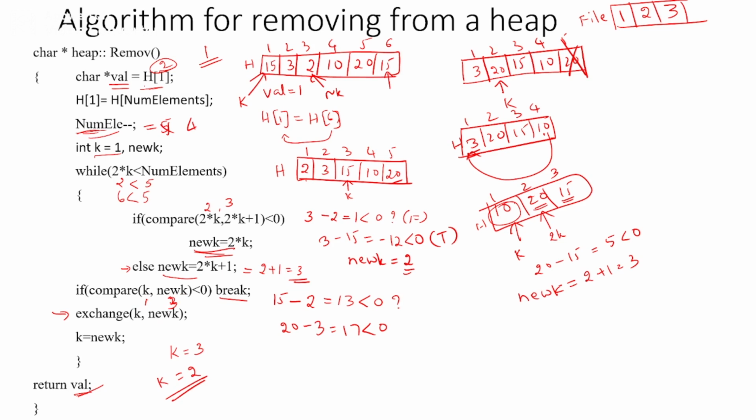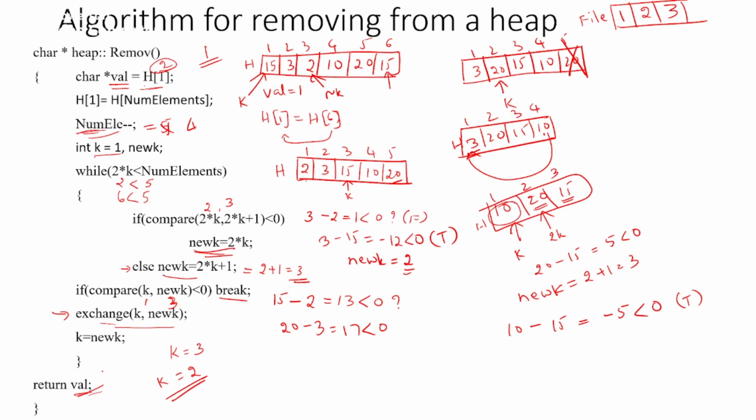So 1 and 3 when you are comparing, position 1 is having 10 and position 3 is having 15. 10 minus 15, that is minus 5. Whether it is less than 0, minus 5 is less than 0, true. So break. You are not going to exchange, you are just breaking, coming out from the while loop and